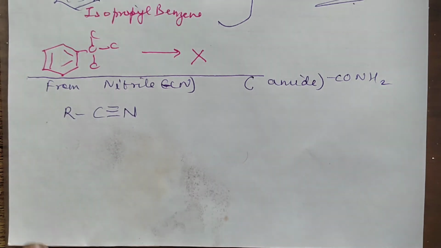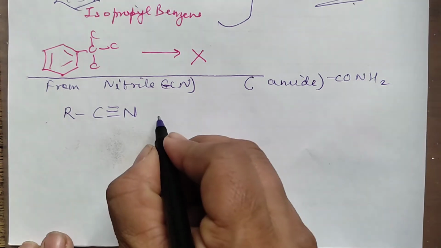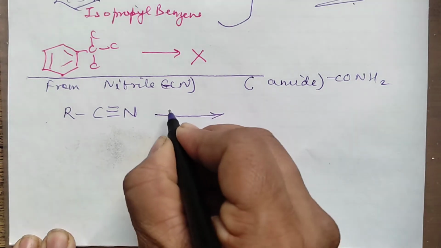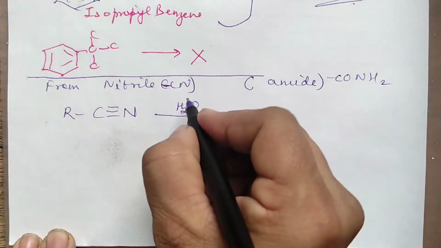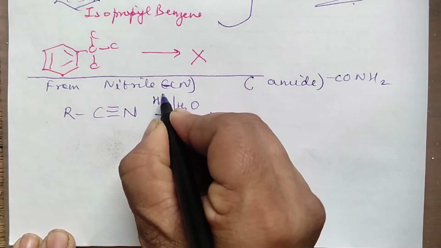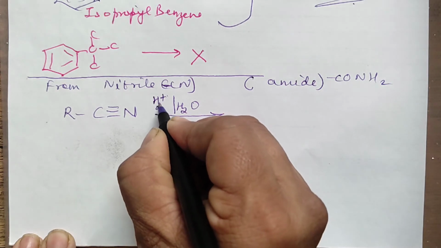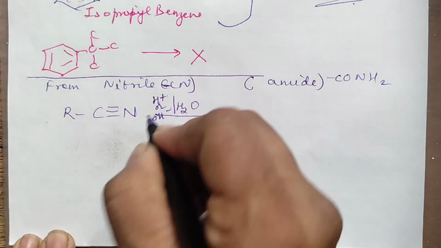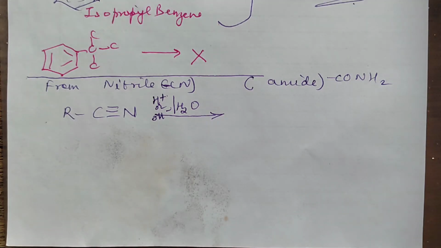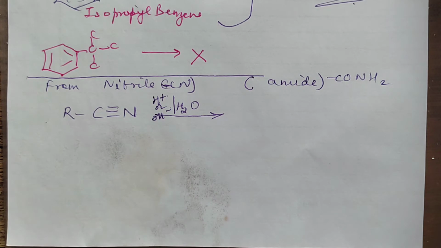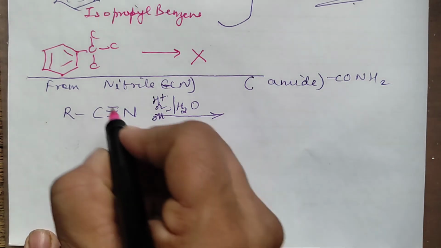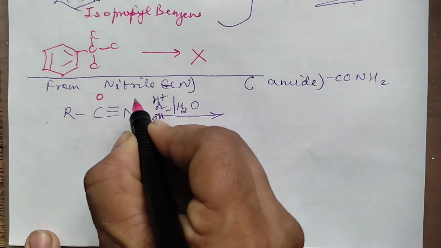This is RCN. Right? So first, when you carry out its hydrolysis, hydrolysis means reaction with water. When you carry out the reaction with water in the presence of acid or in alkaline medium, in both the cases you are getting the similar products. So in the first go, when you add water, you can just remember like this. So how water will add on here?